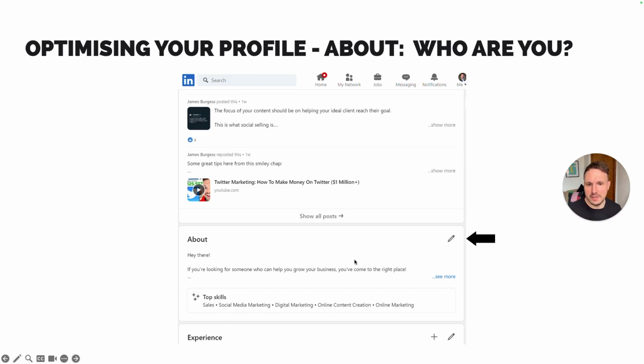So where do you find it? So in your About section, there's a See More area, and I've changed mine several times. I would say just copy other people's. There will be people who have got a LinkedIn optimized profile, and click on them, see what they've got. You can even go to ChatGPT.